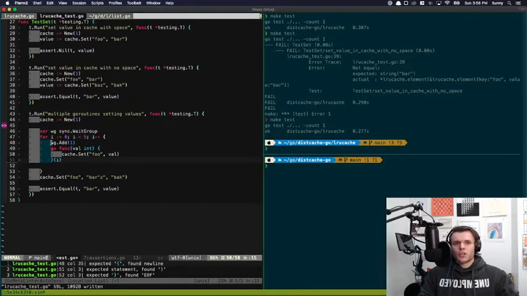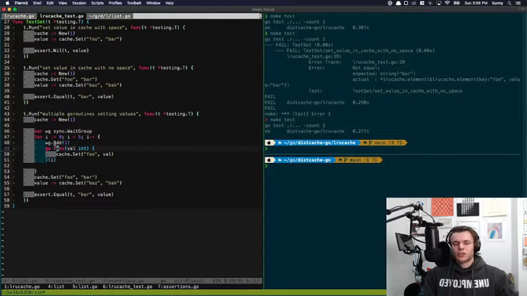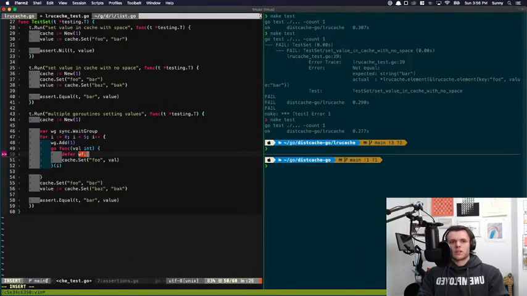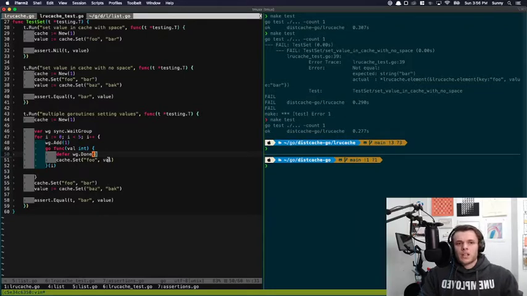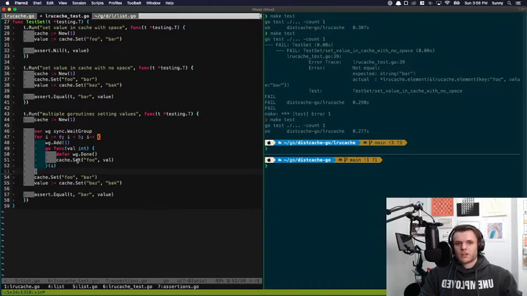So in Go, this go syntax right here is basically creating a new thread that executes this function. So we're gonna create 5 new threads. Each one has to do defer done. So we're each gonna try to set the value, and basically we're creating a race condition because we have 5 threads all trying to set this key to be a different value, and then